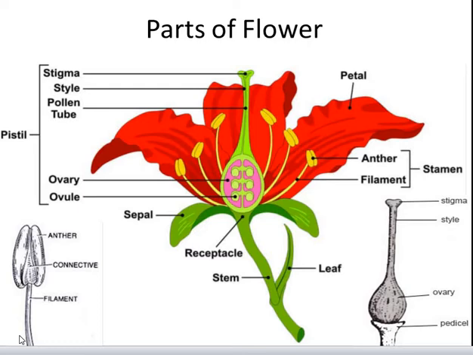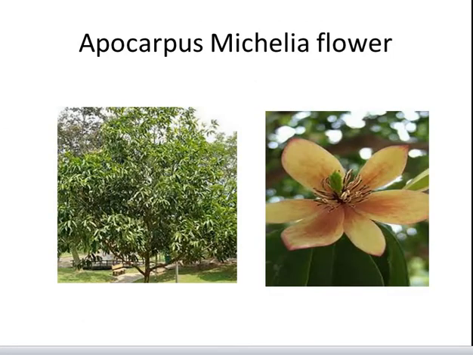Friends, a flower contains four types of whorls: sepals, petals, androecium and gynoecium, out of which the female reproductive part of the flower is the gynoecium, which is also called the pistil. The individual member of the gynoecium is called a carpel or megasporophyll. A flower with many free carpels is called an apocarpous flower. For example, Michelia champaca is a flower which contains a number of carpels in a free form.